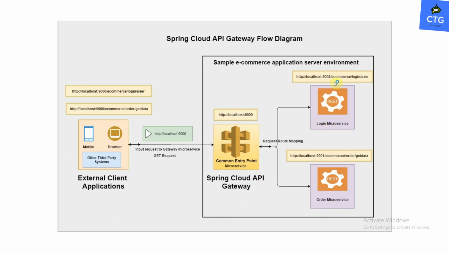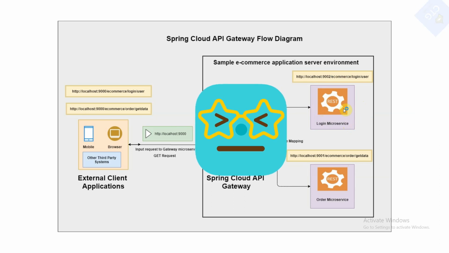We need to expose these RESTful endpoints directly to the external applications. But consider if instead of two we have 10 or 20 microservices, what will happen? We need to configure all the URL endpoints in the external applications. Each and every microservice will come up with its own IP and port. In that case, for each and every microservice we need to enable authentication, because we need to do authentication first, and only then can we proceed to our business logic, right? So it will cost more and take more effort.